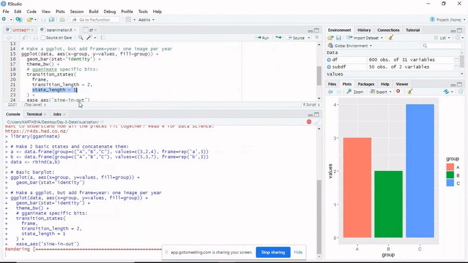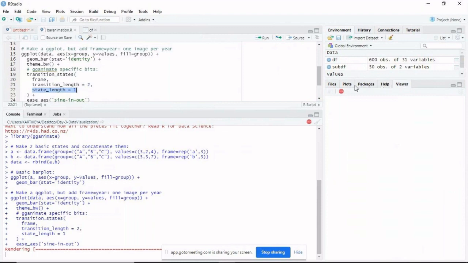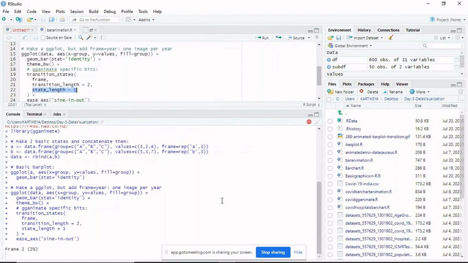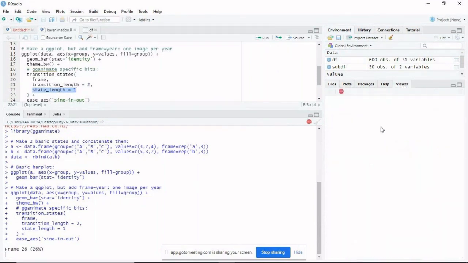That means your bar chart will be increasing and decreasing. It will take some time to render. You can see rendering is displayed. That means it will calculate all the values and create an interactive bar chart. Once the rendering completes, it will display in the viewer.